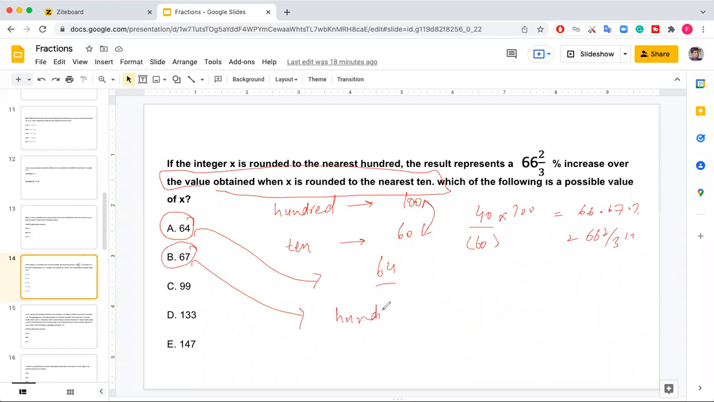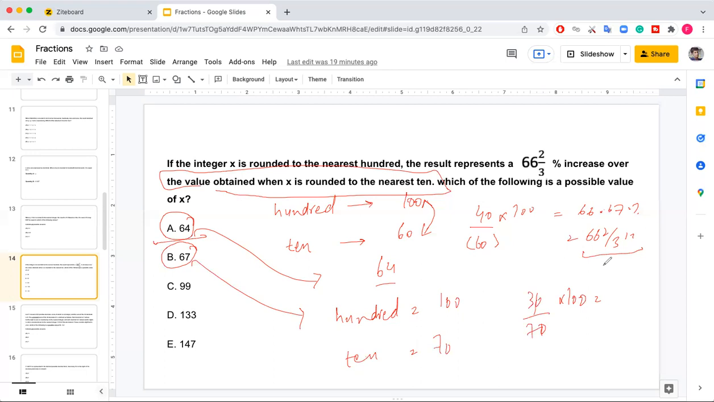Now, if you take the 67 one, for 100 this is 100, right? But for 10, if you round this to 10, what will be the value? 70. And take the difference, 30 by 70 into 100. What is the percentage answer of this? 40 something, whatever the answer is. The point is you took 60 and you got the answer